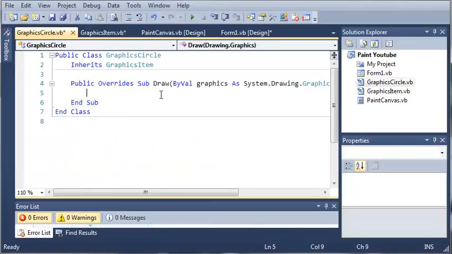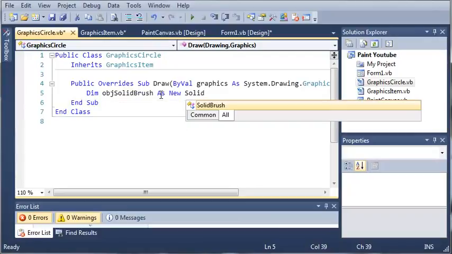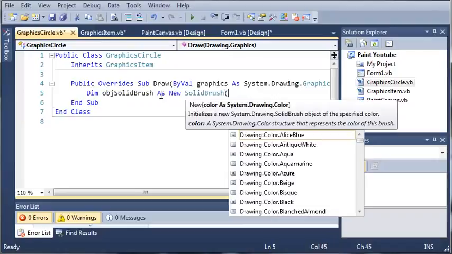So here's our draw sub, and what we want to do is create a new brush. We'll just call it object solid brush as new solid brush. It defines a brush of a single color. Brushes are used to fill graphic shapes such as rectangles, ellipses, pies, polygons, and paths. It cannot be inherited. That's pretty much the description of solid brush. And it's going to take one argument. We're going to need color. So we'll type